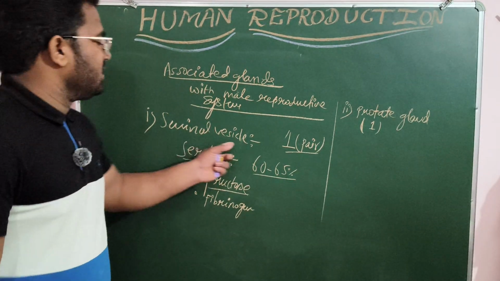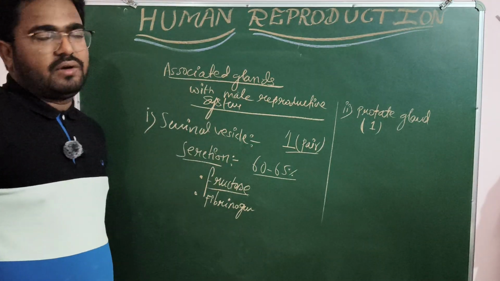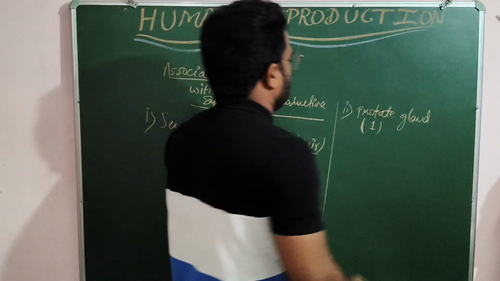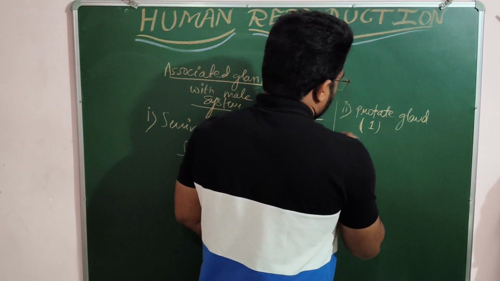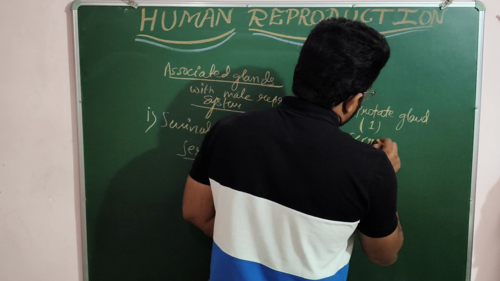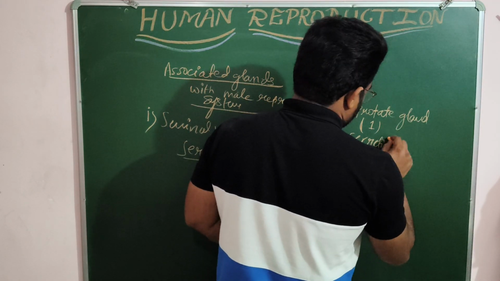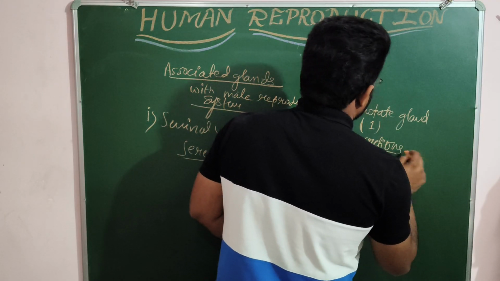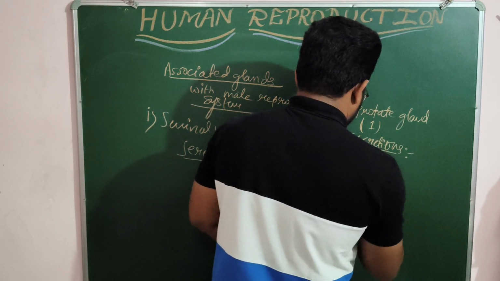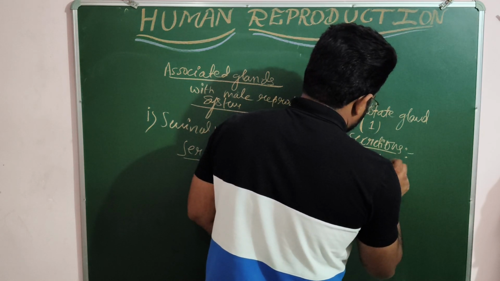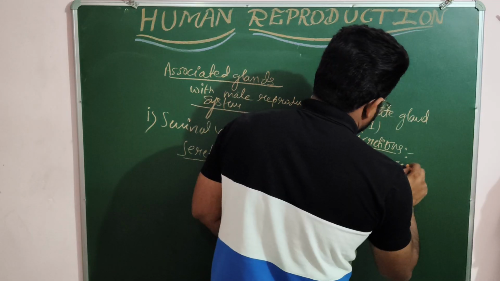The seminal vesicles are located on both sides. Now let's talk about the secretions of the prostate gland. It secretes an alkaline secretion,